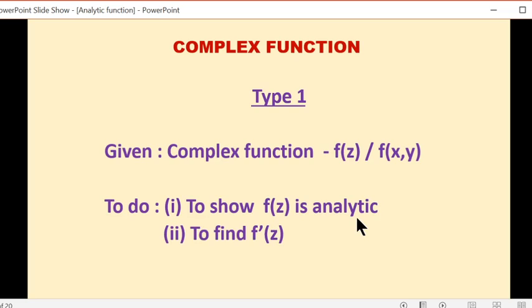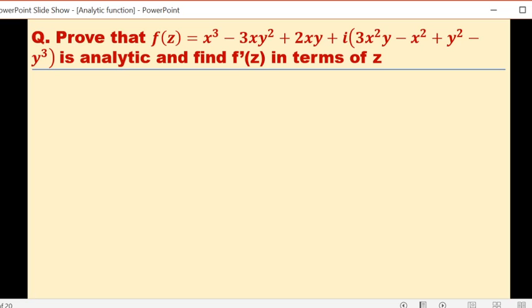Okay, and the second thing which we may be asked is to find f dash of z. This is optional. It is asked sometimes, sometimes it is not asked. So we will see both how to show that the function is analytic and how to find the derivative of the function. Let's take this question. Prove that f of z equal to x cube minus 3xy square plus 2xy plus i into 3x square y minus x square plus y square minus y cube is analytic,